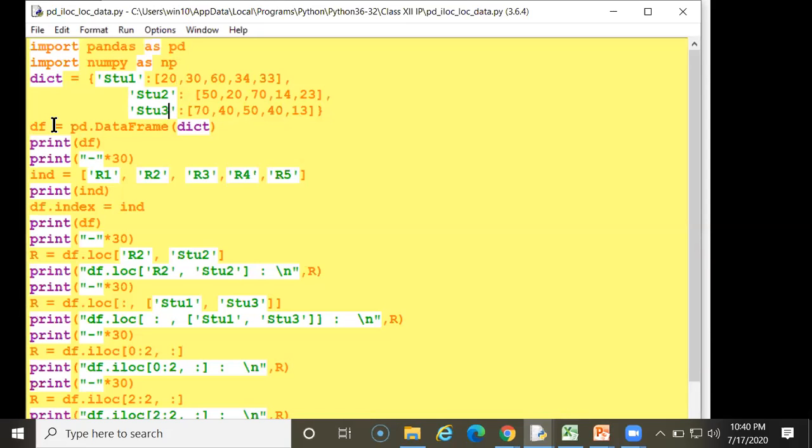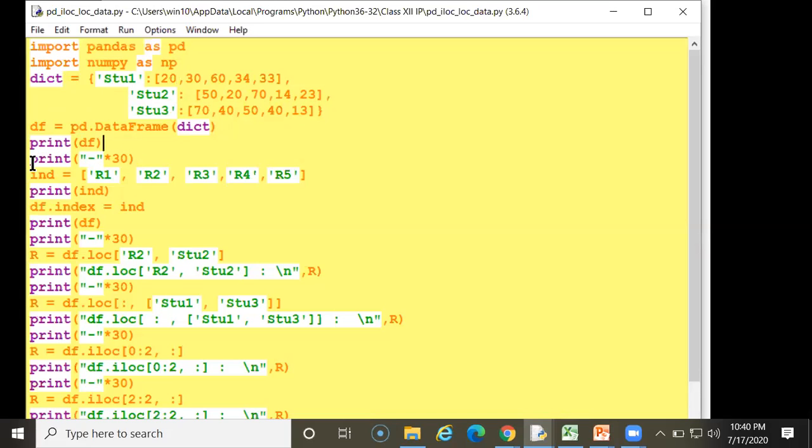Now df equals pd.DataFrame. What is df? This is another object holding the data frame value from the dictionary. Whatever data it is holding, I am printing here.